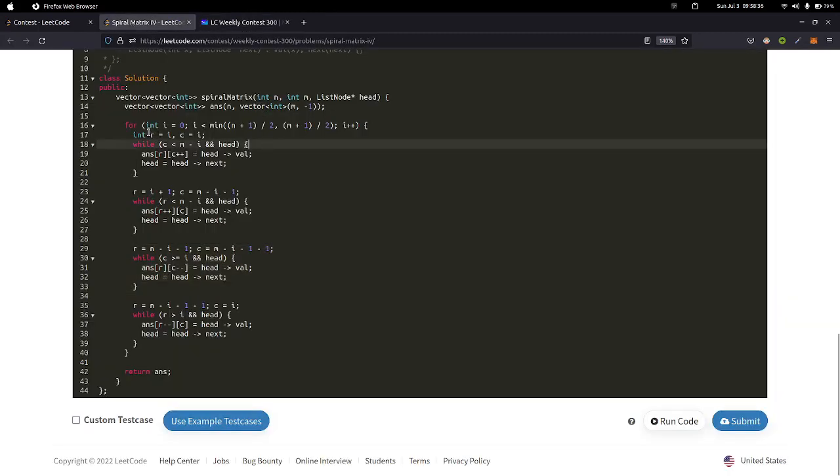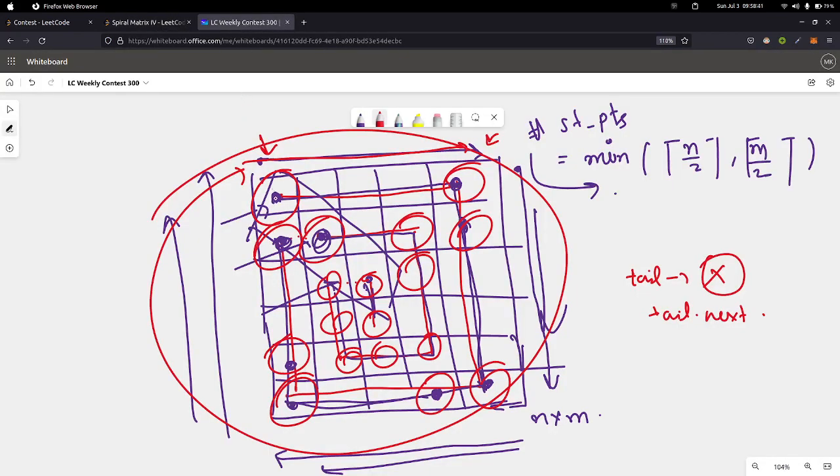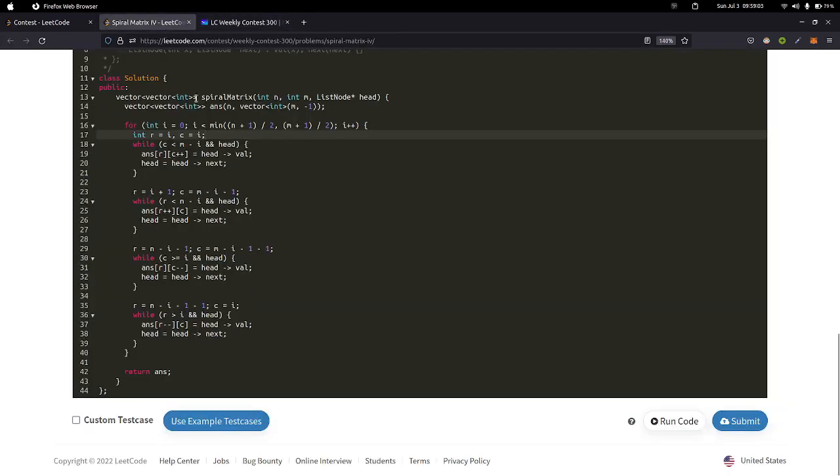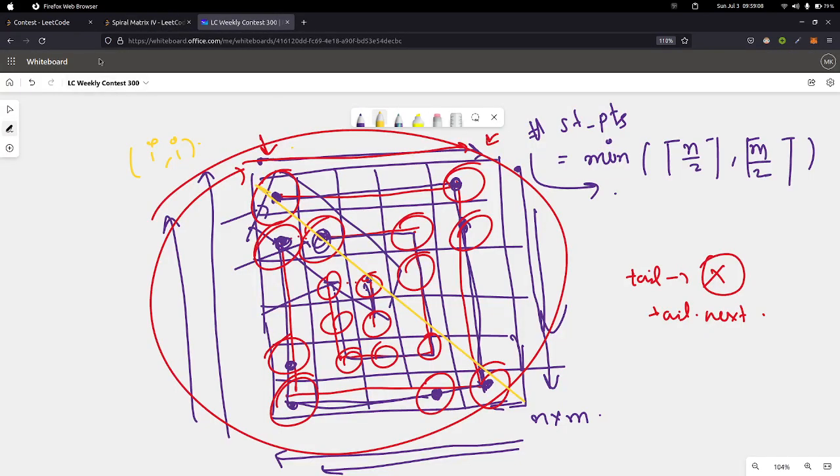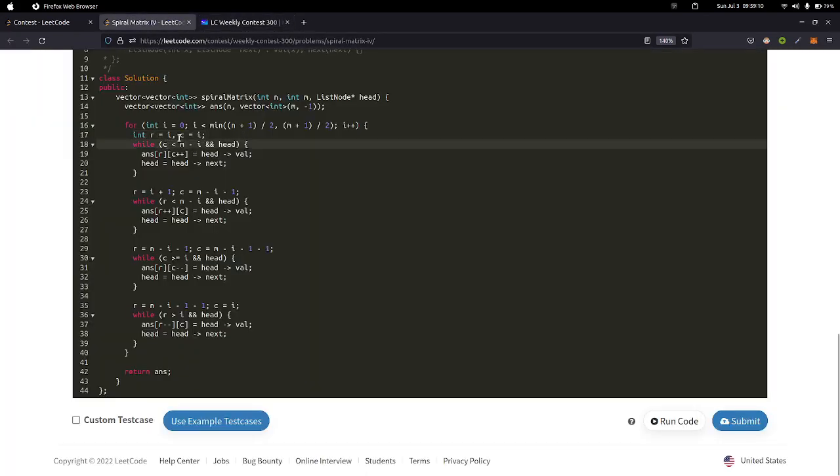And the first iteration starts from this cell 0, 0, right? But how do we generalize this? So we can observe a pattern here that every starting point is present at the principal diagonal, right? Main diagonal, right? So each point present at the principal diagonal can be represented by I comma I. So the starting point is I comma I for the first direction traversal, which starts from left to right in the top row, and then it ends at